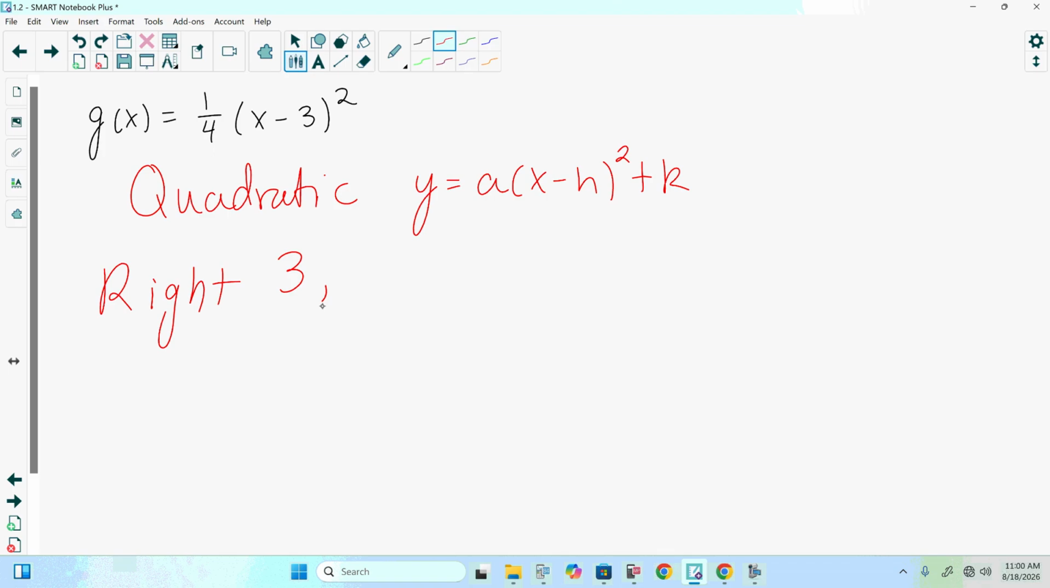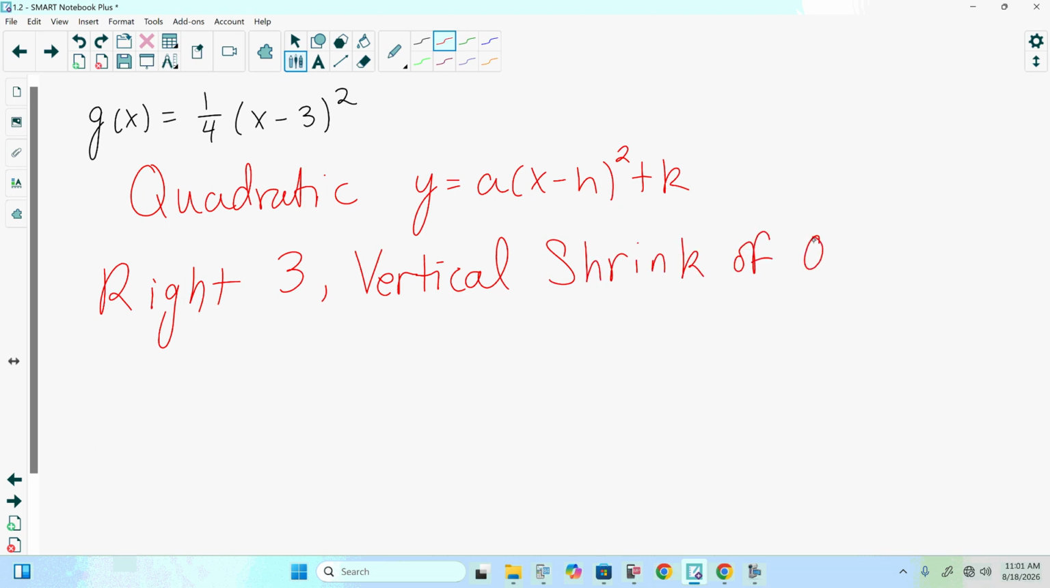Do we have a value for a? Yes. Is it negative? No, so that means there is no reflection over the x-axis. But the 1/4 is telling me that there's a vertical stretch or shrink. Is 1/4 greater than 1? No, because 1/4 as a decimal is 0.25. It's between 0 and 1, so it's a vertical shrink